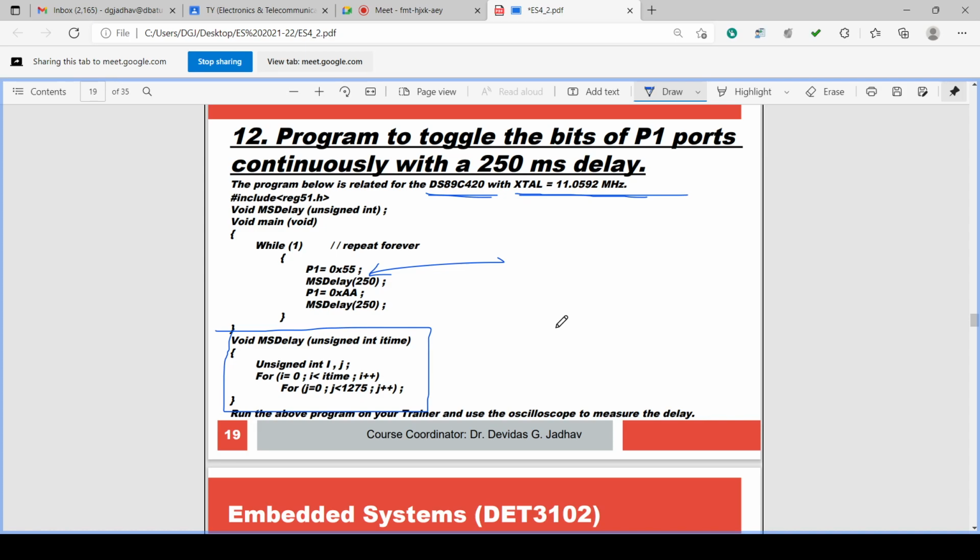We have checked it. So this delay is used in the infinite loop of toggling, where port P1 is assigned 0x55 and port P1 is assigned 0xAA. In between, ms delay 250 is used. ms delay 250 is defined here first.